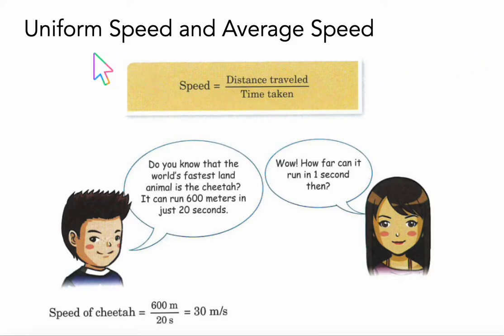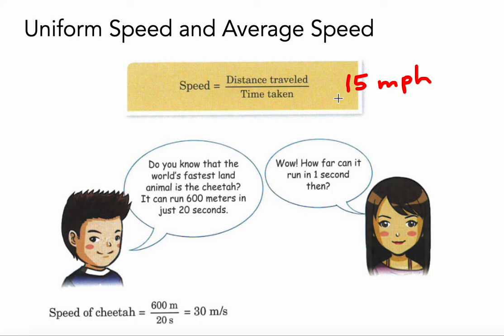Hey everyone, today we are talking about uniform speed versus average speed. So to review, speed is the distance you traveled divided by the time it takes you to travel that distance. So for example, 15 miles per hour would mean that in 1 hour you travel 15 miles. Now, when we're talking about uniform speed and average speed, we want to actually know what that speed means in